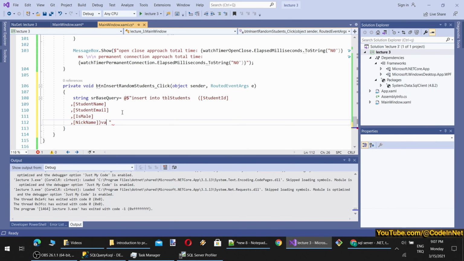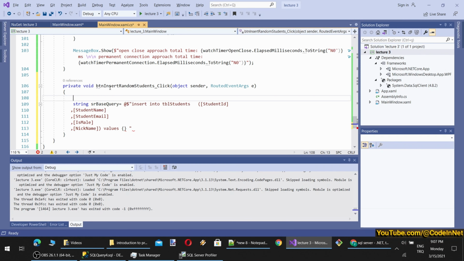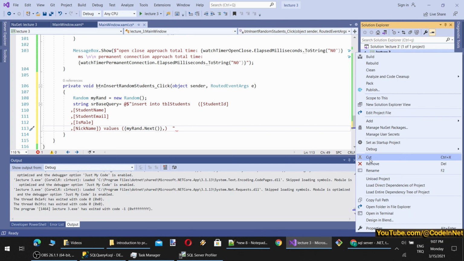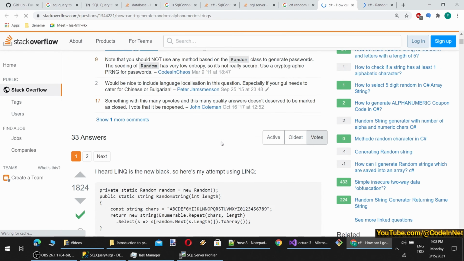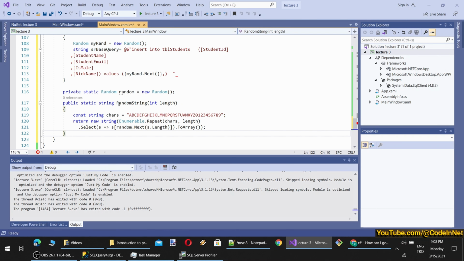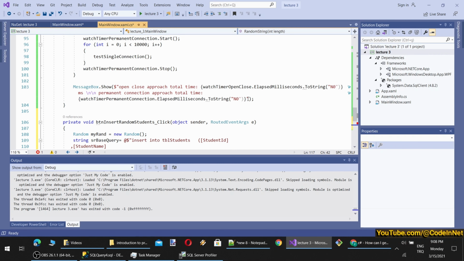Then we will insert values, with the first value. The first value will be student ID. So let's generate a random ID and let's put next. Inside values we have parentheses opening and closing. The first value is an integer, therefore I am just writing it like this. Then the second value is student name. I think we had student names that we randomly generated. Let's find a random string generator. I will find a ready function. Okay, it requires me to define a length, and with any length it will generate.